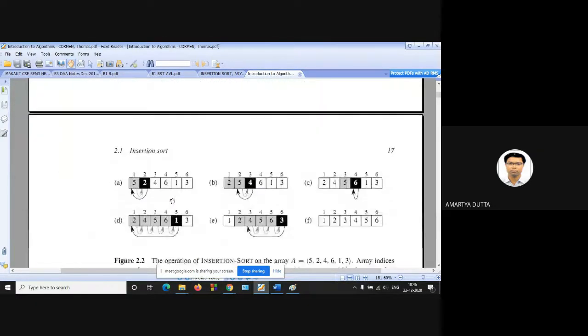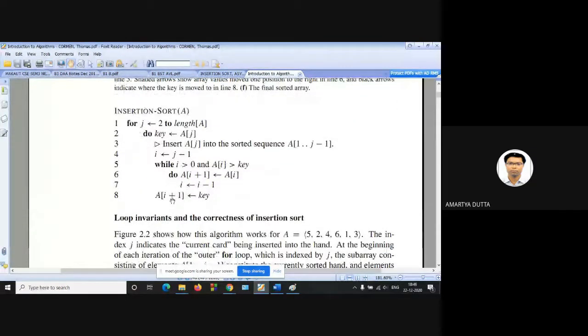Now, this is the algorithm for insertion sort.